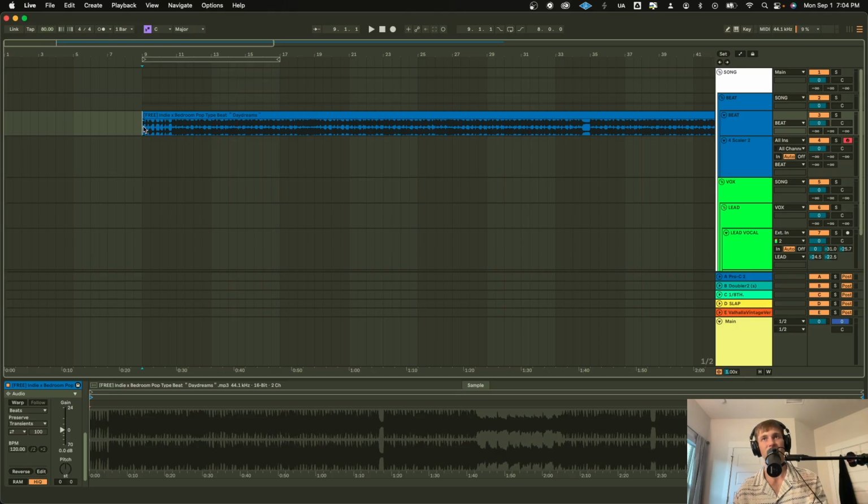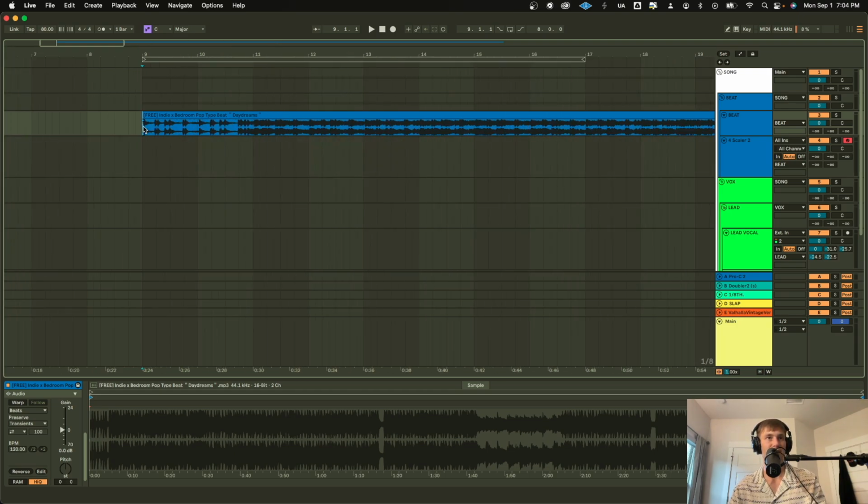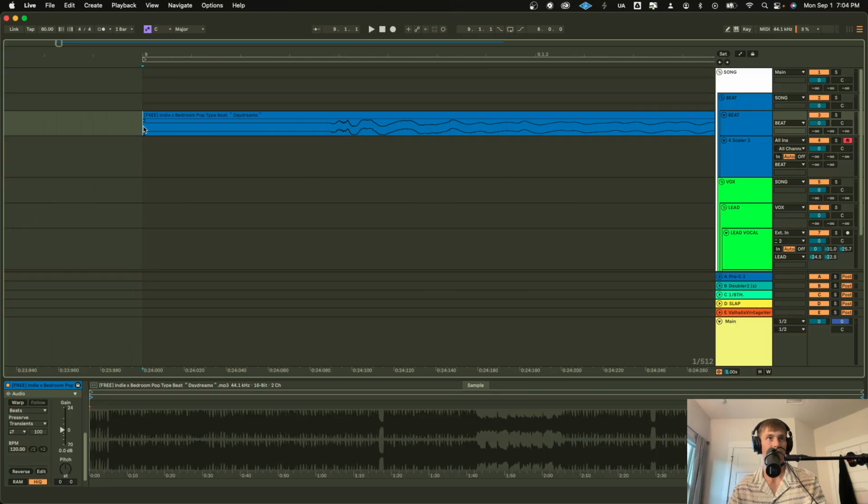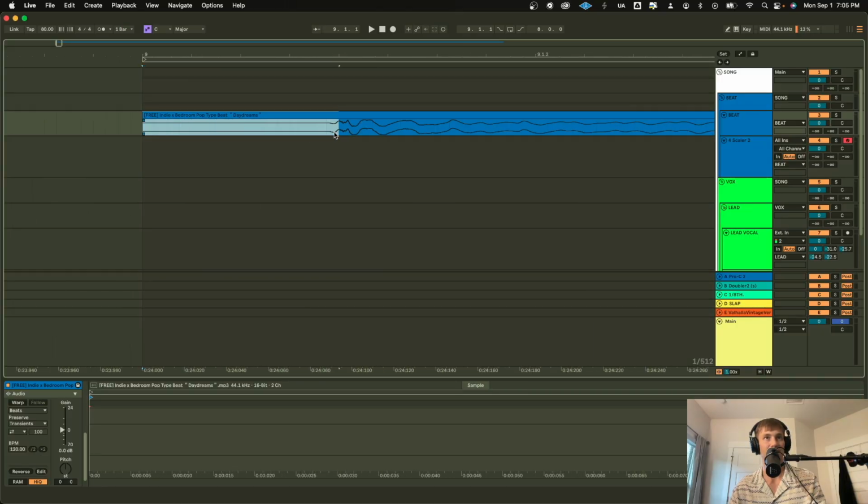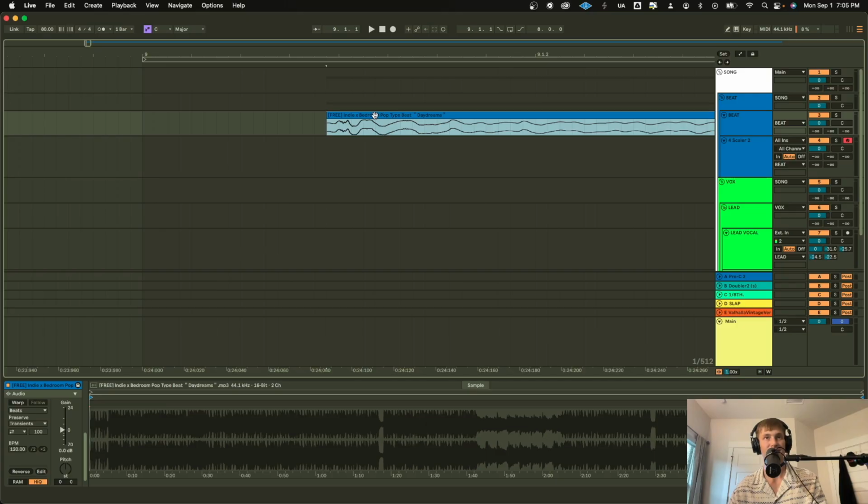And since we've downloaded this audio file from YouTube, it downloads with a little bit of silence at the very beginning of the file. So we want the metronome to align perfectly with the beat itself. So in order to fix that, just hold Command and scroll up on the mouse, and you'll see the little bit of silence at the beginning of the file here. So what we'll want to do is highlight that silence, hit delete on my keyboard. That gets rid of it, and then we'll click on the top of this audio file here. You'll see a hand pop up, and then you'll just click and drag